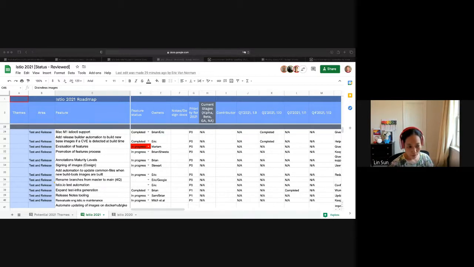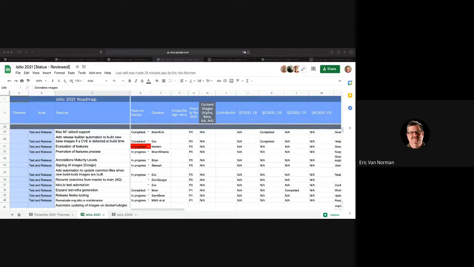And I guess CVE work is always impactful, but many of these features are internal, so users wouldn't experience them. Yeah, no, I agree. And the Mac M1 istioctl support is there. We do have an istioctl that runs on M1, but we don't build images for M1 yet. Yeah. Which I think was actually on the agenda for later.